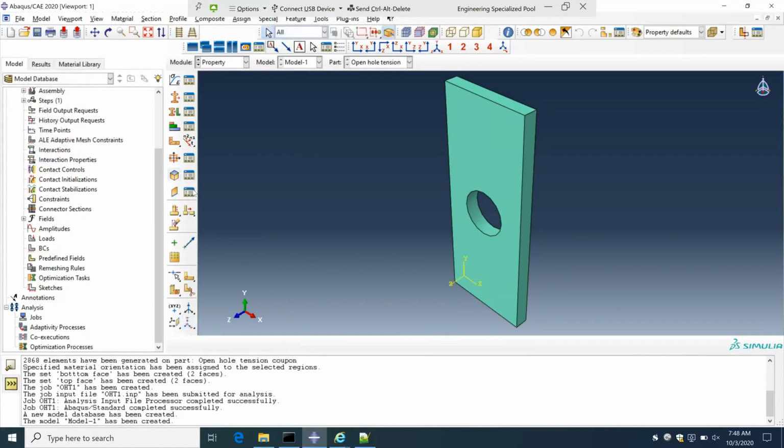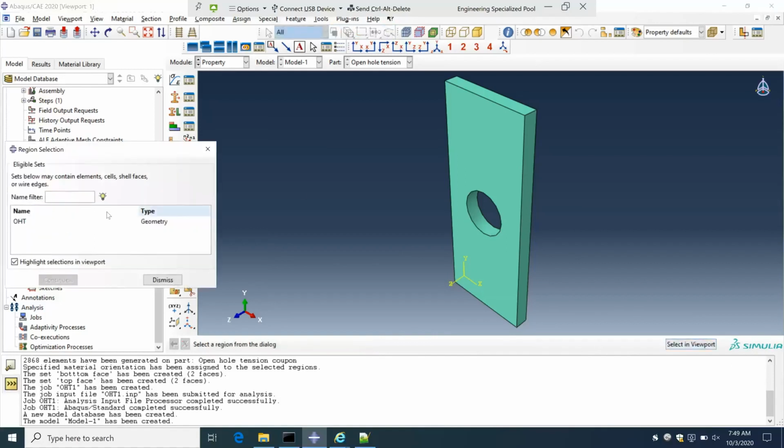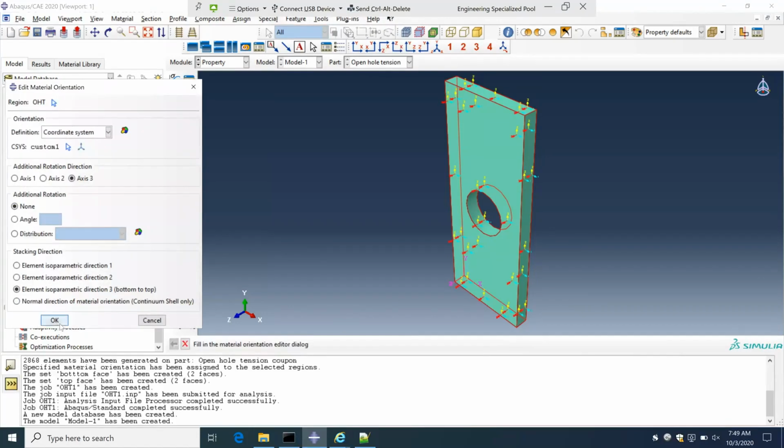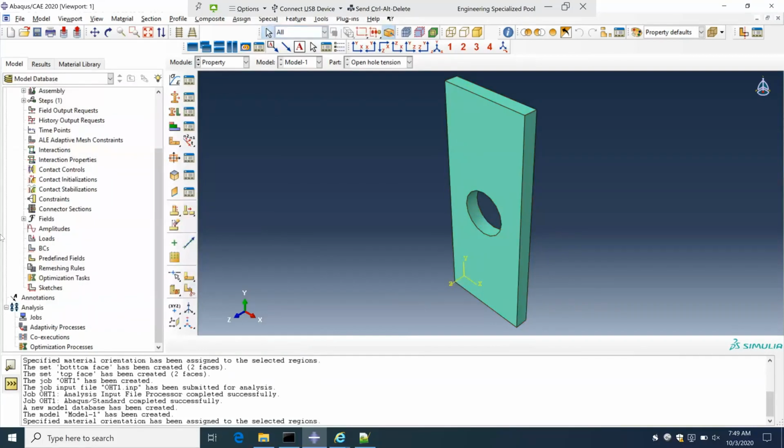Let's hit assign material orientation, and you want to go to your set OHT and hit continue, and then select the custom CSYS that you have defined, hit OK, and select the defaults, hit OK, and the orientation is now assigned. Okay, so next step